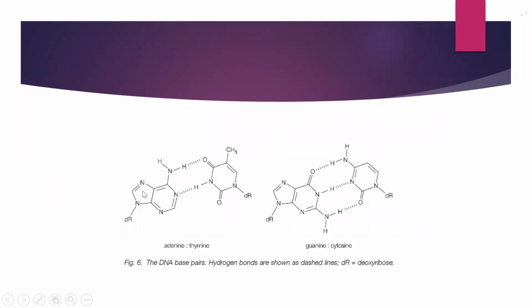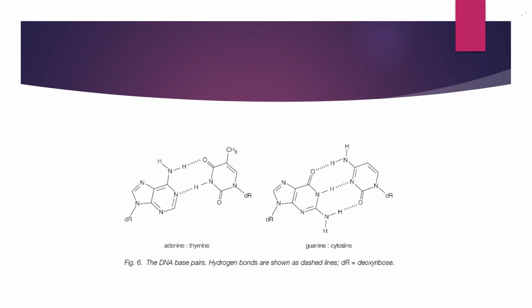So here these structures show how the hydrogen bonds are formed between the base pairs. This is adenine and thymine base pairing. There is formation of 2 hydrogen bonds between this purine and pyrimidine. Similarly, the base pairing between guanine and cytosine. So there are 3 hydrogen bonds formed between this purine and pyrimidine. So always this base pairing takes place in this way only, and both the strands will have complementary sequences.